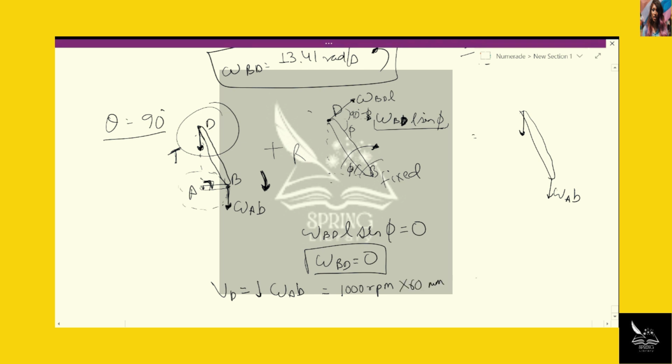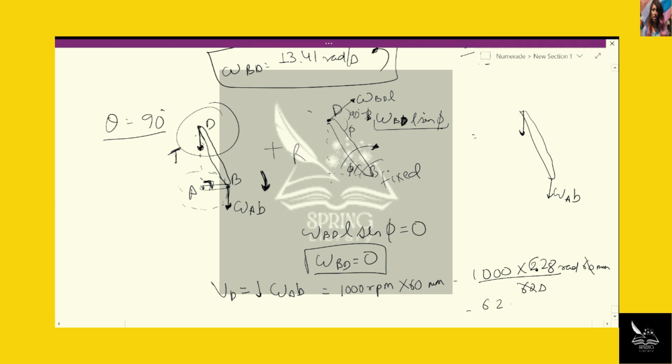This is 1000 times 6.28, which is 2 pi radians. So these many radians per 60 seconds times 60 millimeters. 60 cancels 60. So you get